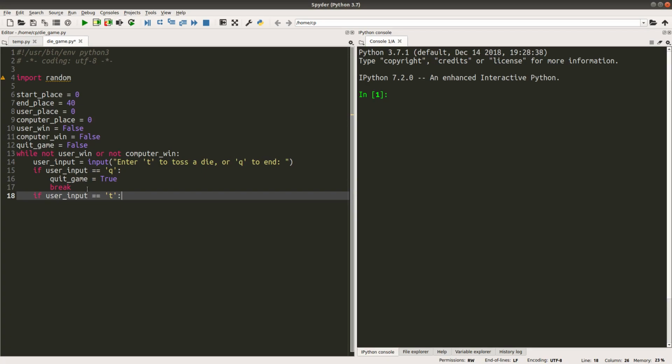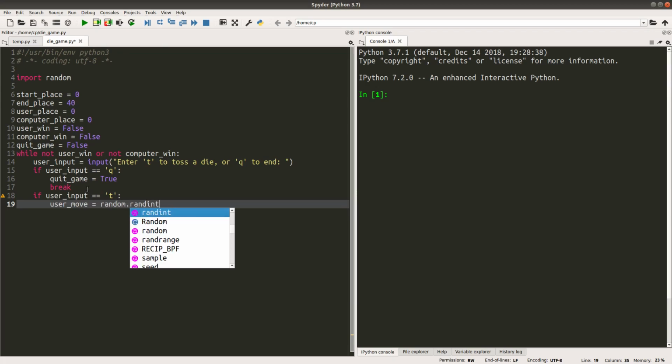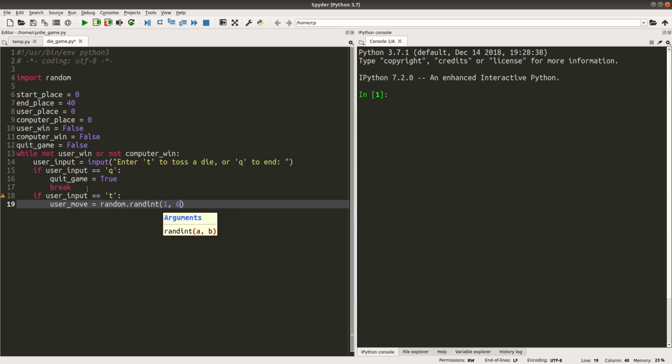Instead, if the user input is t, it means that the computer will give you a random number which represents the steps you want to walk. So the user move will be a random integer between 1 and 6.